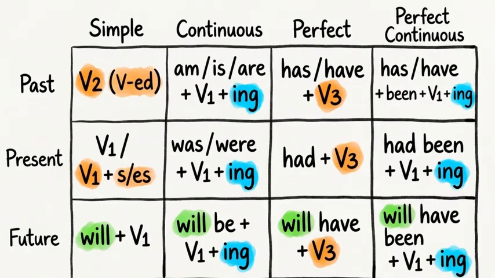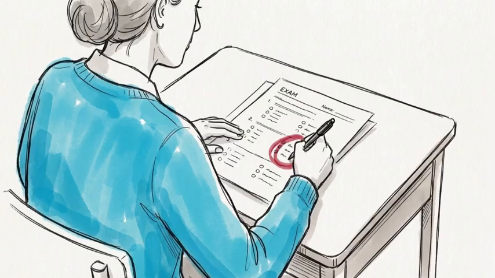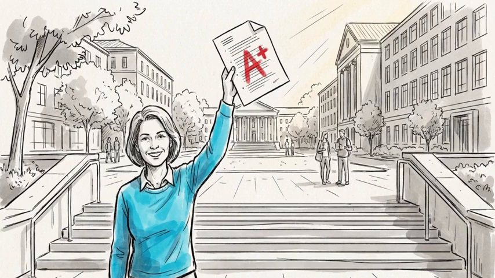Looking at the completed matrix, the visual logic is clear. Continuous actions are marked by blue ing suffixes, perfect actions by orange third form verbs, and future actions by the green marker will. Success in grammar comes from recognizing these patterns. By identifying time indicators and matching them to fixed formulas, you can navigate even the most complex exam